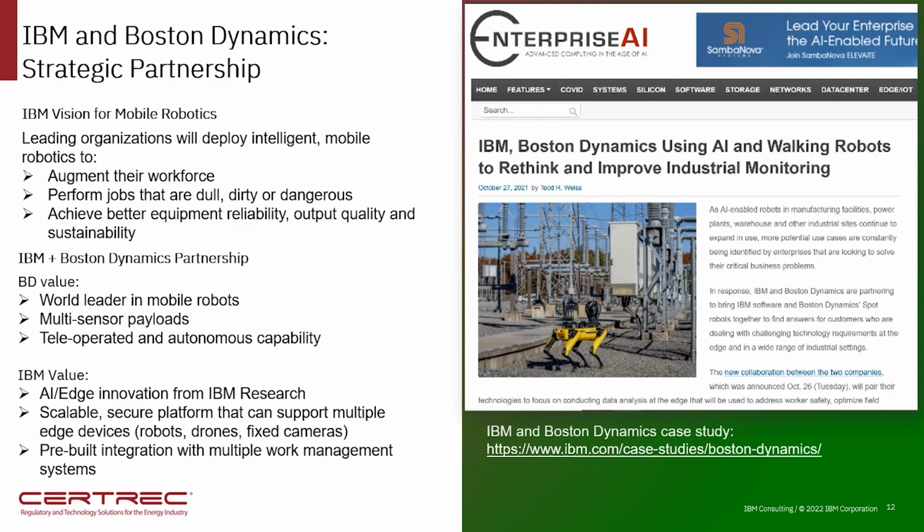And in the utility industry, there's lots of dangerous places and jobs to do, as you guys well know, including radiated areas or potential high voltage areas. Here in the picture you see a substation, might be very remote, and the one utility I worked with told me they had more than 20 pages of checklists for their substation. Having a person going and checking the box on 20 pages of a list is a pretty dull job, and it can be error prone, and having a robot doing at least some of that really helps in terms of getting very accurate